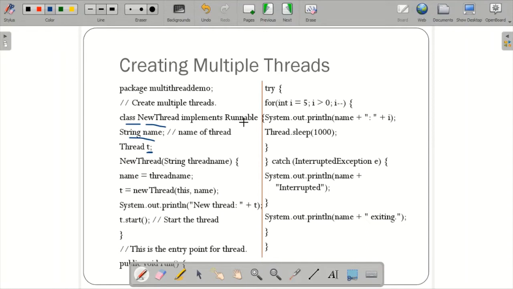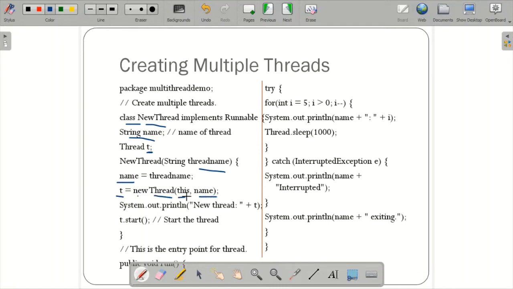Within that class NewThread, I define String name and Thread t as an object. Then I've called the NewThread constructor with String threadName, whatever thread name you pass from main, and that will be stored here in name. Then within this I created a new Thread with the constructor taking this object and the name of the thread.